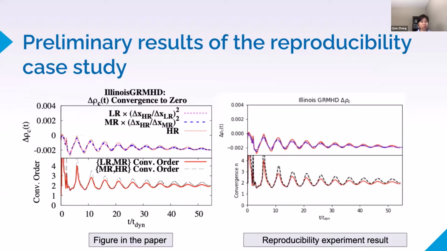Here I'm showing just the preliminary results of the reproducibility from this study. Because there is a lot of domain knowledge and details about the specific paper, I try to avoid that. Right now, I'm showing that I'm able to execute and reproduce almost the same results as we have in the paper back in 2015.